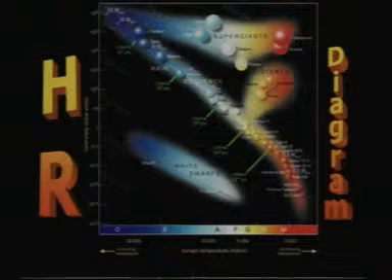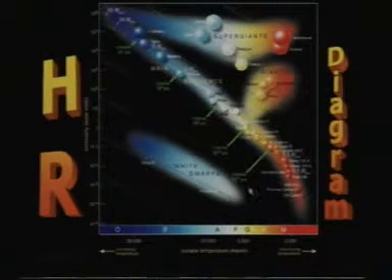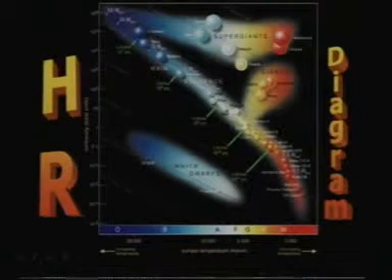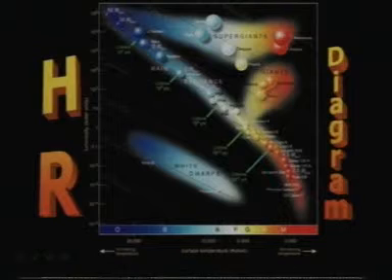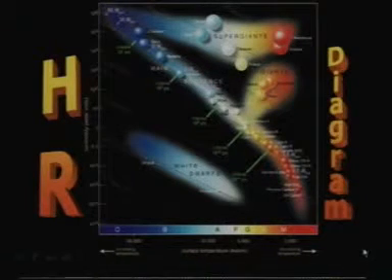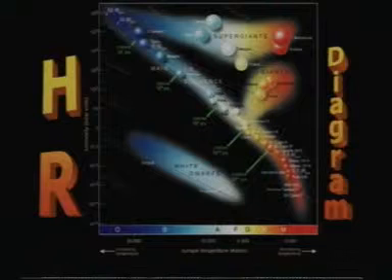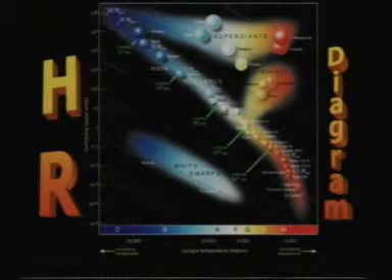If you see the actual HR diagram and our model HR diagram, you would see that the two fit very well. Most of the stars are found to be on the main sequence, some giants, some supergiants, some white dwarfs, and no stars in the gap. That's very important, and that shows us how valid our models are.